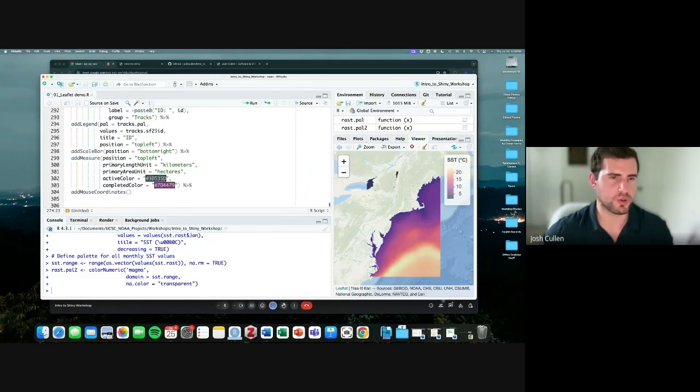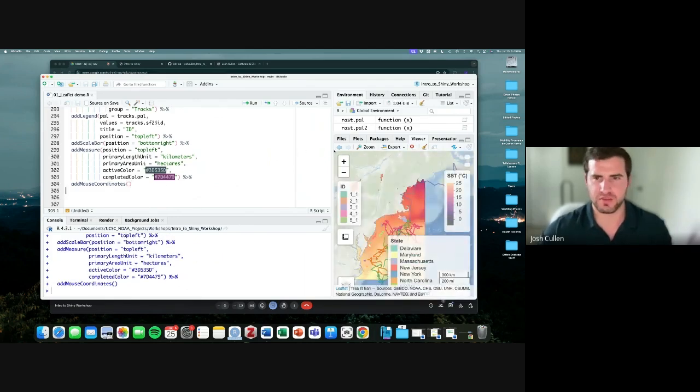And at the end, there's a few other helper widgets that are nice. So adding a scale bar, which dynamically scales depending on the zoom, adding a measurement tool if you want to measure distances or areas, and then adding mouse coordinates and zoom value. So wherever your pointer or your cursor is, it'll tell you what the coordinates are. So if I run that